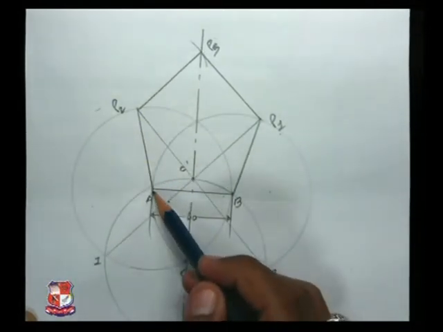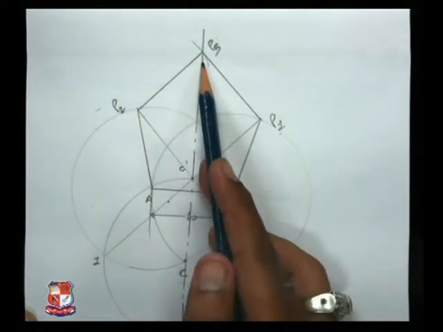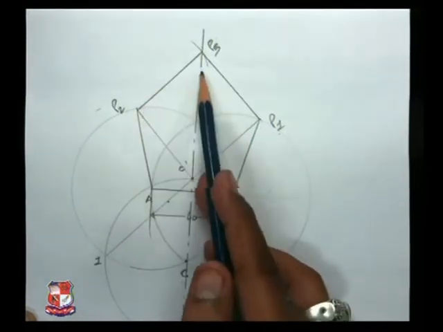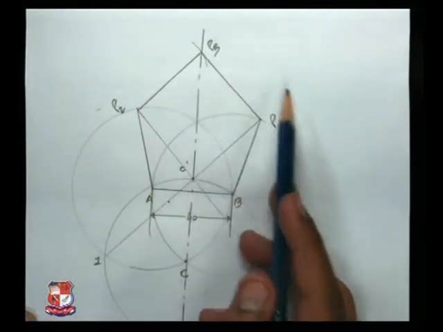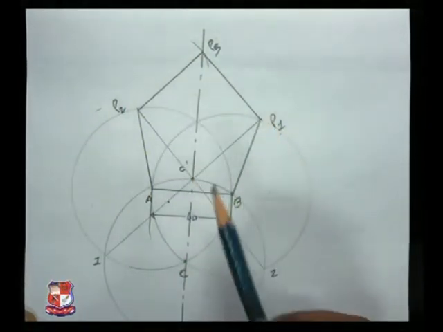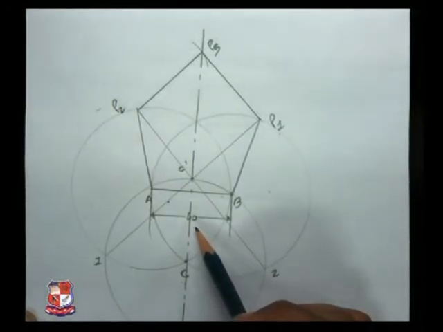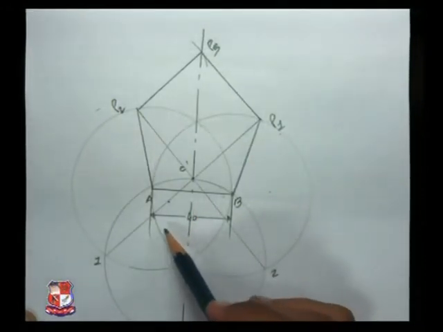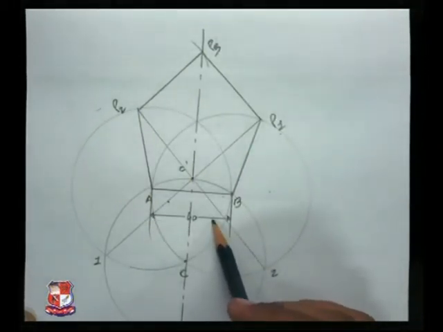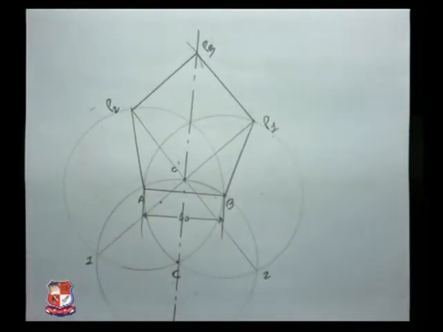Then take AP2 as radius, P2 as center, mark an arc. Join P2 with this arc, join P1 with this arc, and you will get your desired pentagon. Don't forget to give the dimension. I have used unidirectional method, so that's why filled arrows on both sides, break dimension line and dimension in the middle of the dimension line.